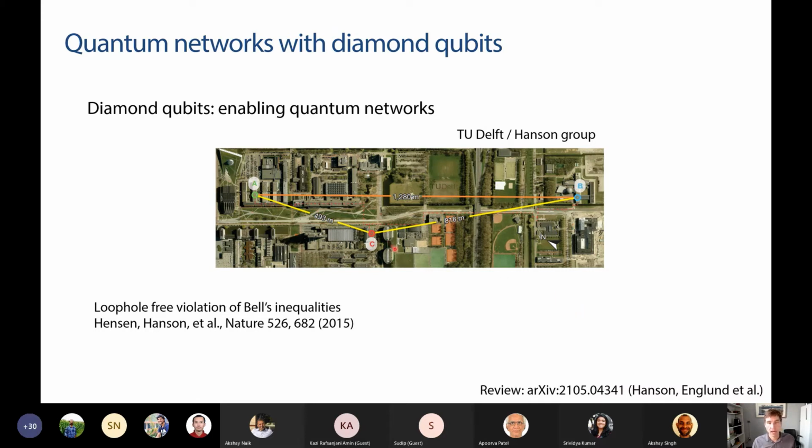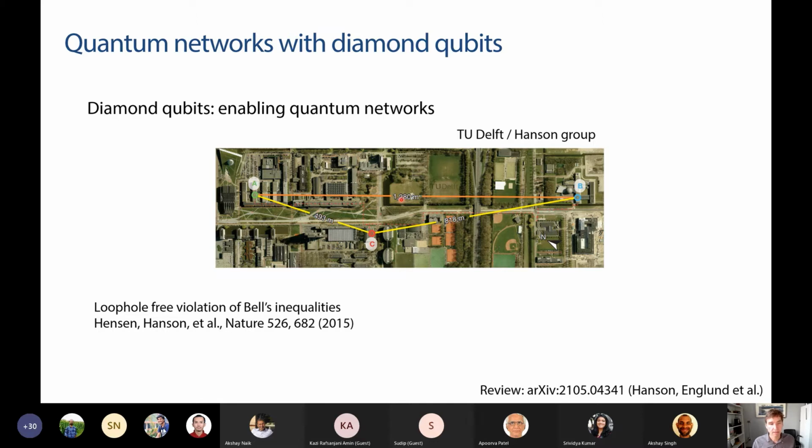One of the more famous recent experiments was the loophole-free violation of Bell's inequalities by the Hanson group in Delft, in which a diamond at point A on the Delft campus is entangled with another diamond at point B on the Delft campus through an optical link,